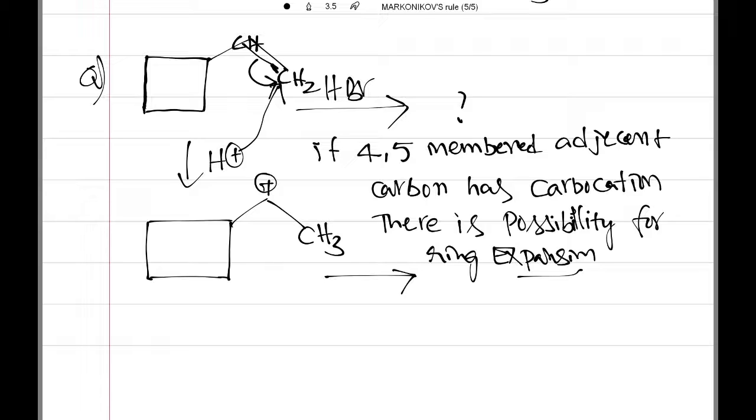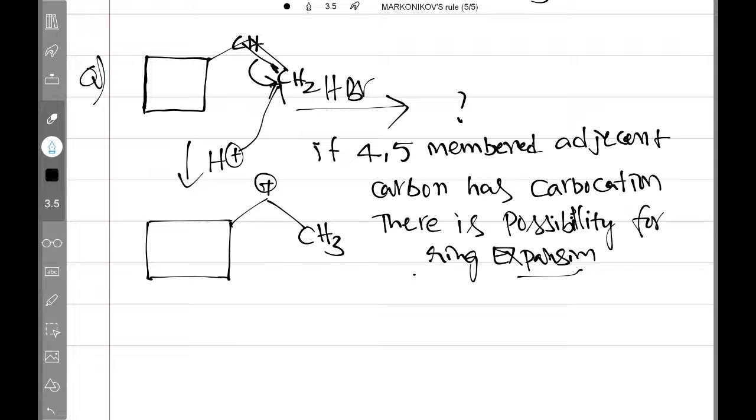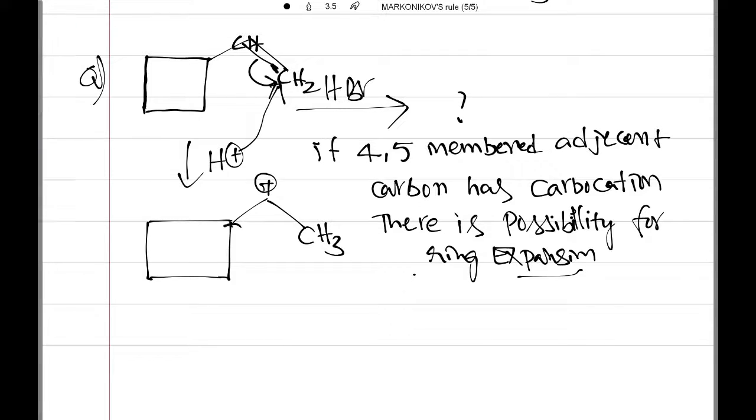Okay, right. We will check how this ring expansion takes place here. Simply, I am writing that ring expansion takes place this way. This bond I am shifting from here to here. After shifting of this bond, the positive charge migrates from this carbon to this carbon. Just to number the carbons after ring expansion: give this one as first, this is second, this is third, this is 4, and this is the 5.